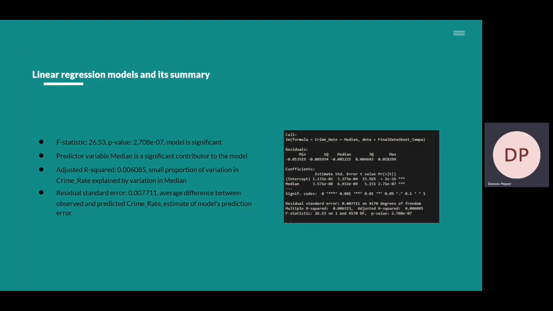So we run the lm function built into R, where we put the crime rate as the dependent variable and the median income as the explanatory variable. And out of that, we get the summary right here, where our F statistic is 26.53 and our p-value is right there,